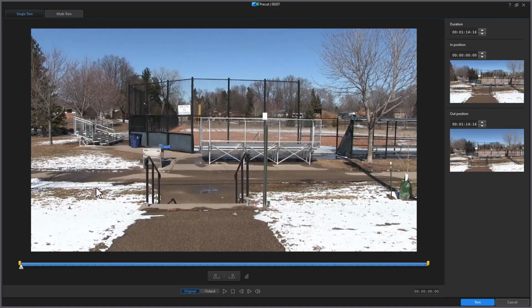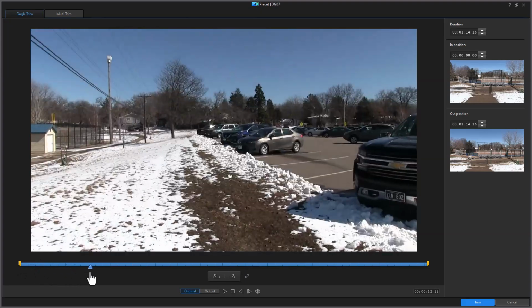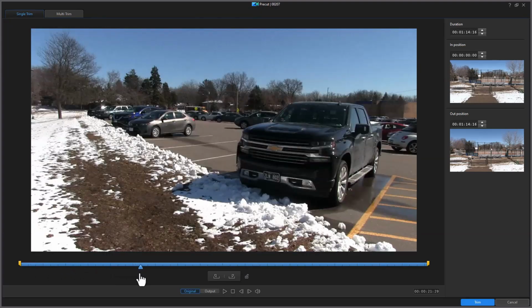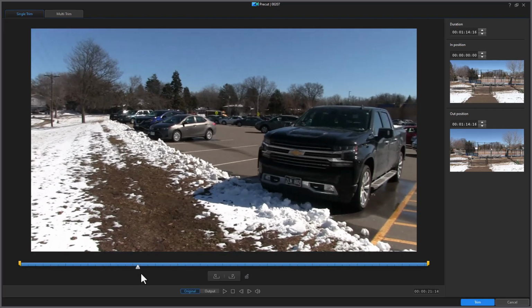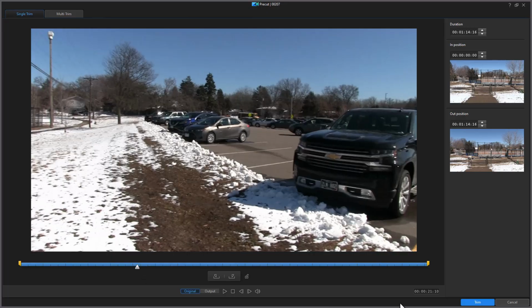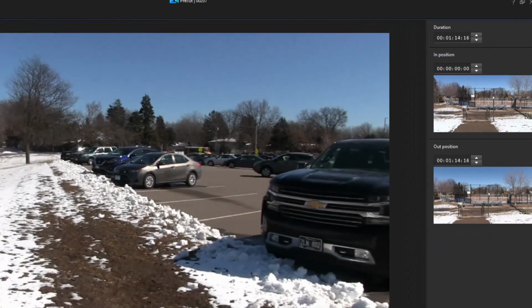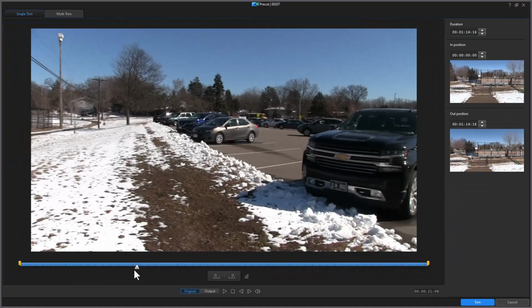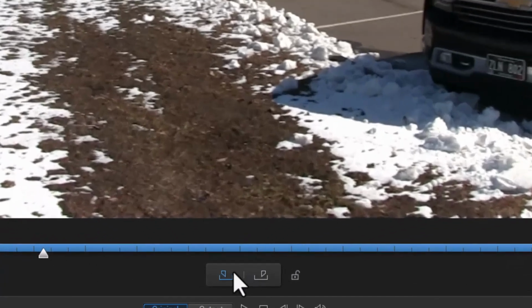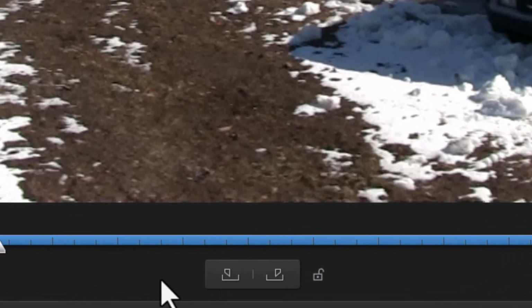So in order to do that, all I need to do is move to the place I want to go. Let's say I want just to highlight the vehicles over here, and I can use my comma key to move back a frame at a time, my period key to move forward a frame at a time, or I can actually click on the time code down here to control the time that I'm at. And you notice it will show my in position, out position, and duration. So let's move back right to here, and I can mark in. I can click on this as my mark in, or I can press the I key on the keyboard for